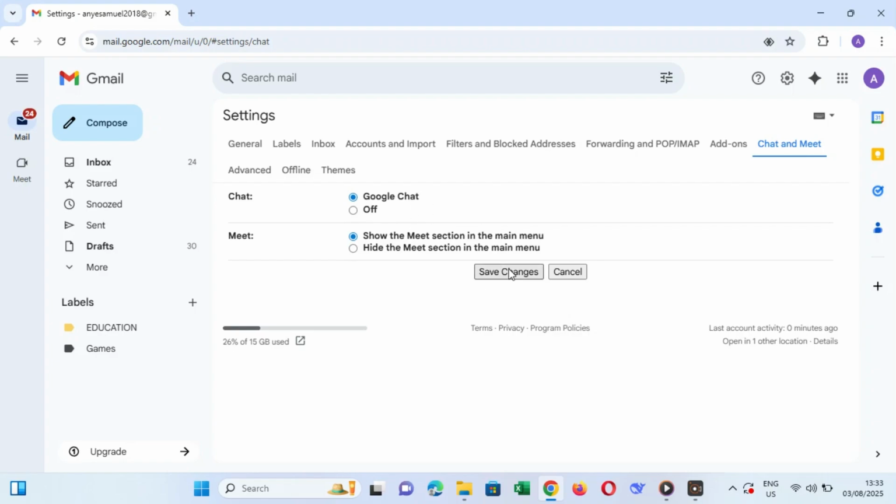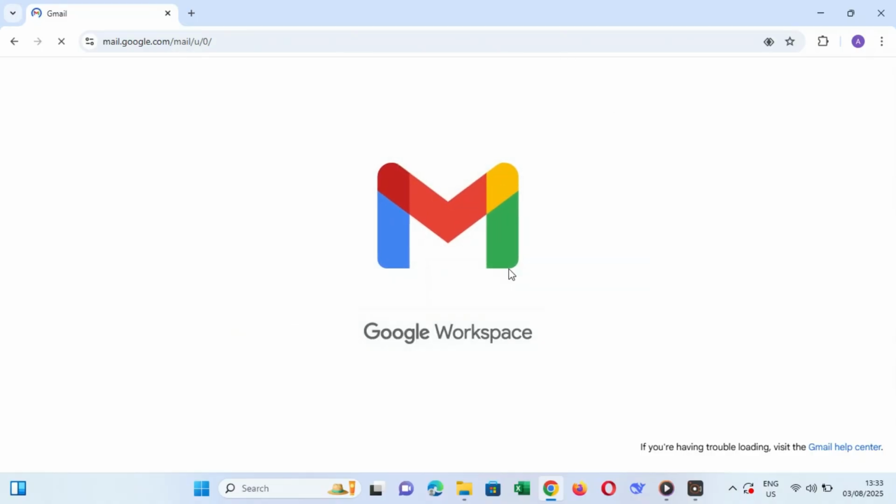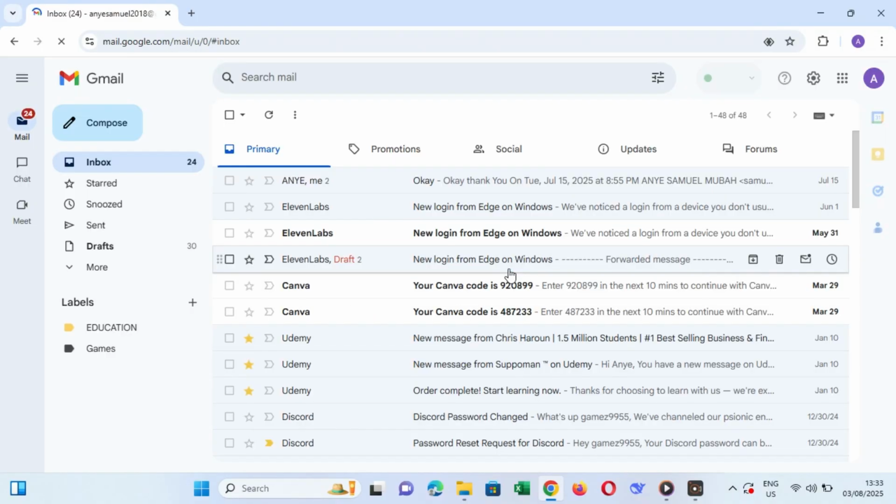Don't forget to scroll down and click Save Changes at the bottom of the page. Without saving, your new settings won't take effect. After Gmail refreshes, you'll notice a new chat option appearing on the left sidebar. Clicking this opens your